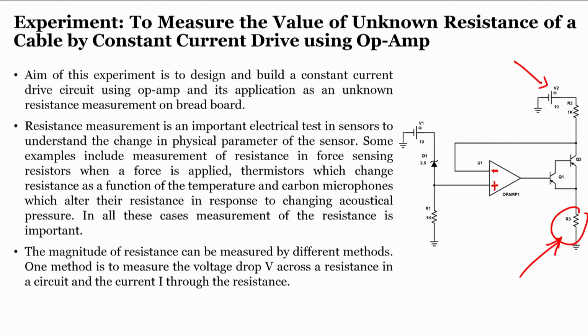Here we are using a Zener diode, a resistor R1 and a voltage source V which is 10 volts. The Zener we are taking is 2.5 volts, that means the drop across the Zener will be 2.5 and here what you will get is about 7.5 volts constant. This 7.5 volts we are giving to the non inverting terminal of the operational amplifier. Because of the concept of virtual ground, if the non inverting terminal is at 7.5 volts, the inverting terminal also would have 7.5 volts. That means this 7.5 volts appears right over here.